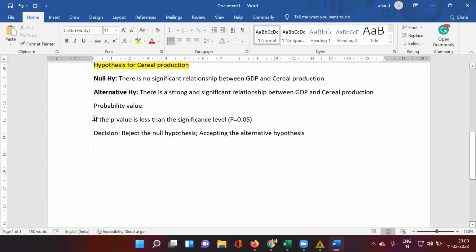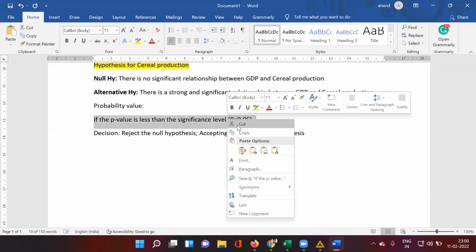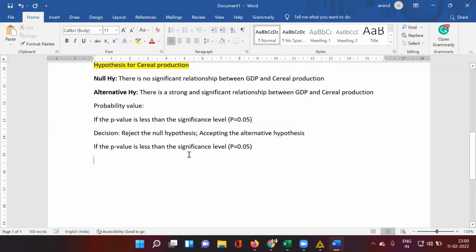Okay. Now, what will happen if the p-value is not less than the level of significance? If the p-value is not less than the level of significance, in that case, what will be the decision? Accept the null hypothesis. In that case, what will we do? We will reject the alternative hypothesis,